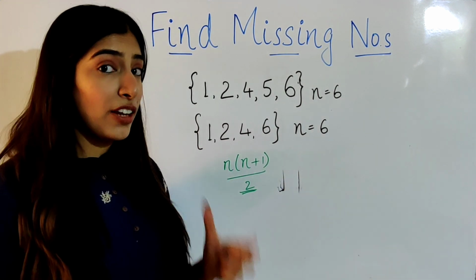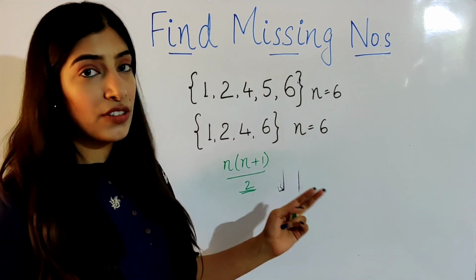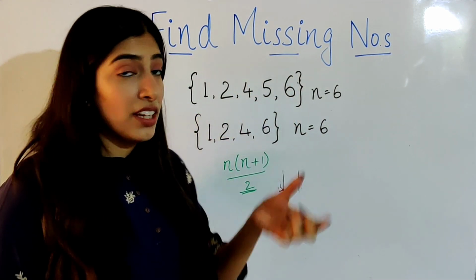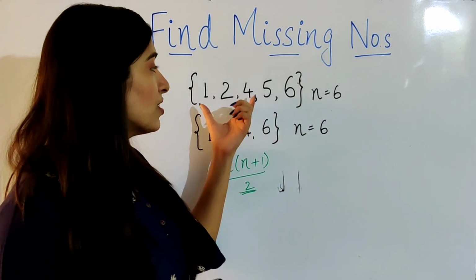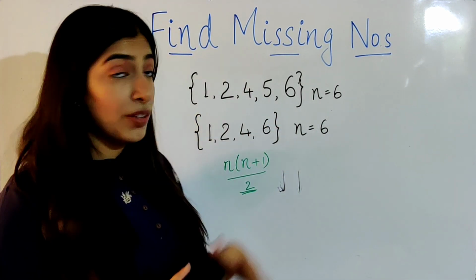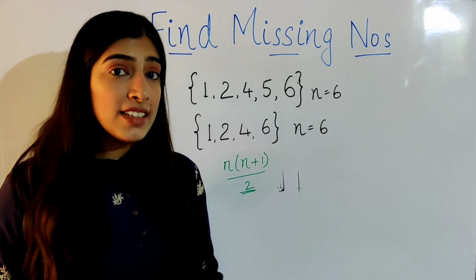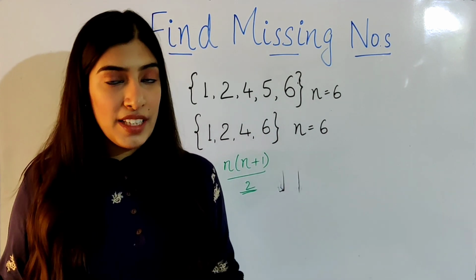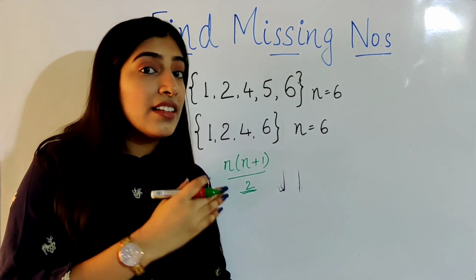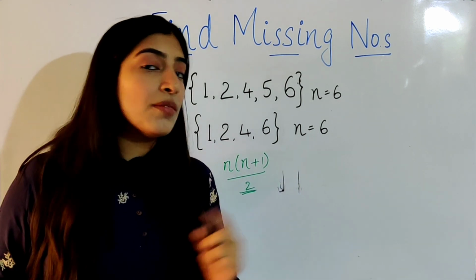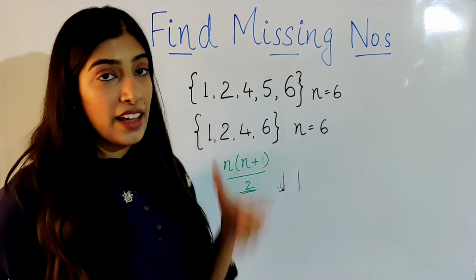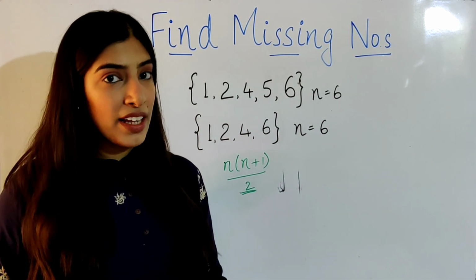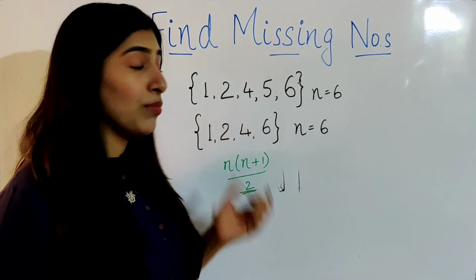So how will we know the value of n first of all? Because this n is not given to us. The only thing that is given to us is the array. But the value of n should be very obvious. Why? Because the array in the easier question will be of size n minus 1. The number of elements should have been n if all the elements were present. Since all the numbers are distinct and they range from 1 to n, and only one number is missing, the size of this array should be n minus 1. In the trickier question, the size of the array would be n minus 2. So we have the value of n in both the questions.